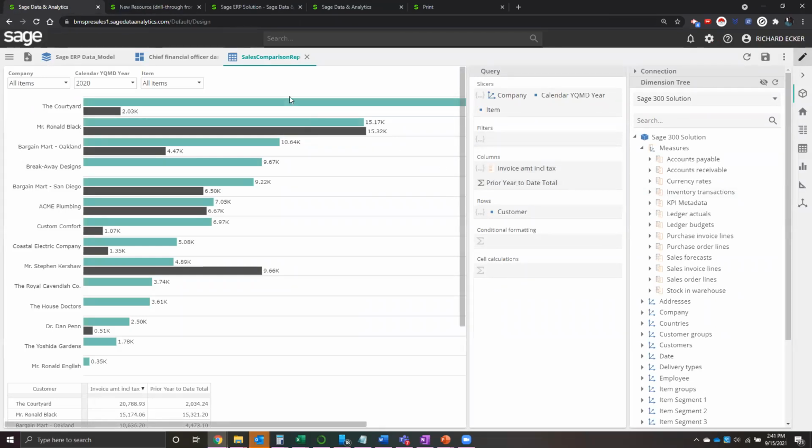Now, the last part that I want to talk about, and it's two different areas, is distribution of these different types of reports, as well as being able to leverage additional data sets. So let's talk about distribution. One thing that you notice is that when I built this report,